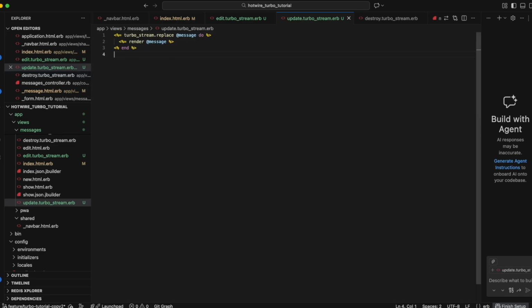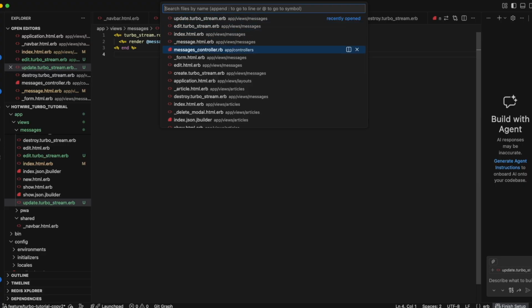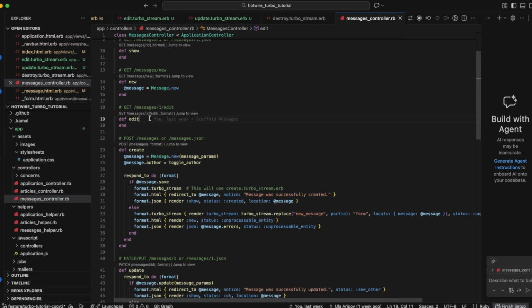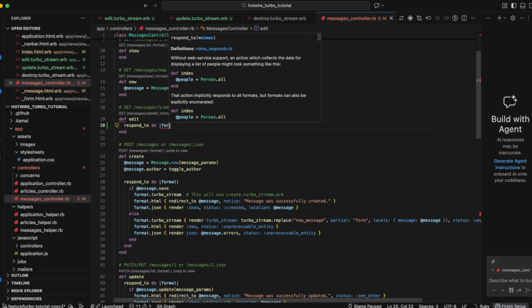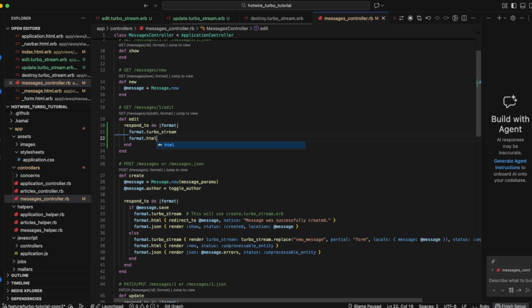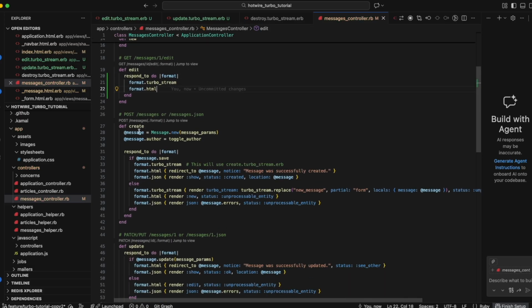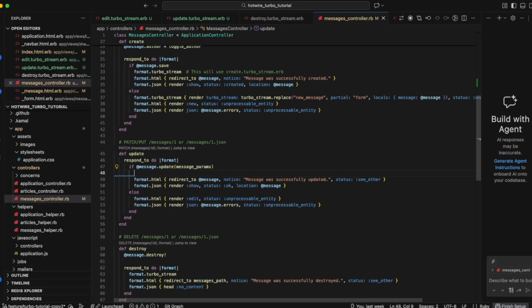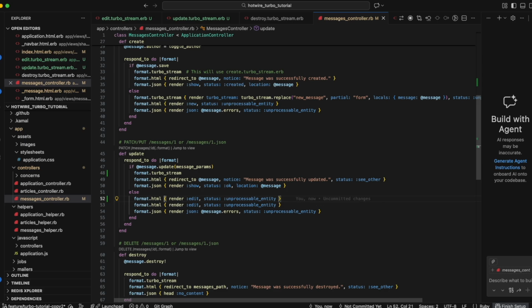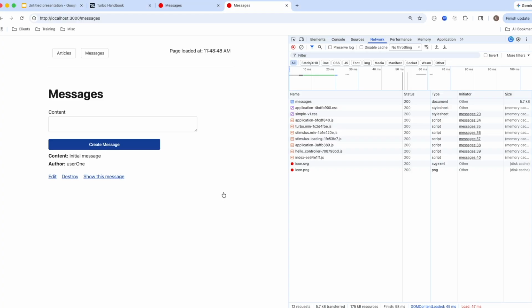Okay, and now let's go to the messages controller, find the edit, and let us add code that handles various formats. And let us also go to the update function and do the same. And let us copy this and just change this. Okay, now let us go back to the browser, refresh, and when we click on the edit link, now we